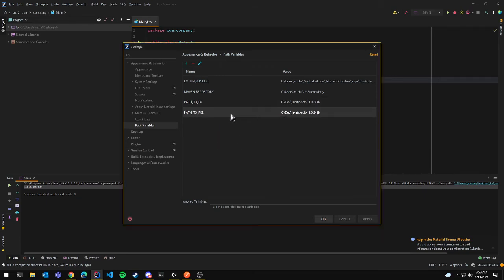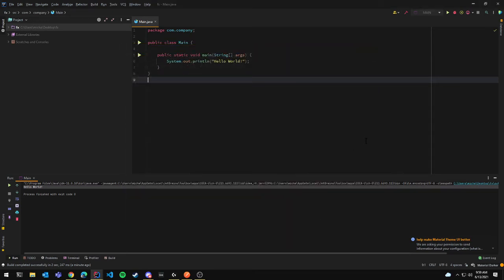So now I have that extra one there. We're going to actually use this path to FX, so I'm going to delete that one. That was just to show you how to do it. And from there, once you do that, you'll click apply and then OK. So now you have the path variable set,